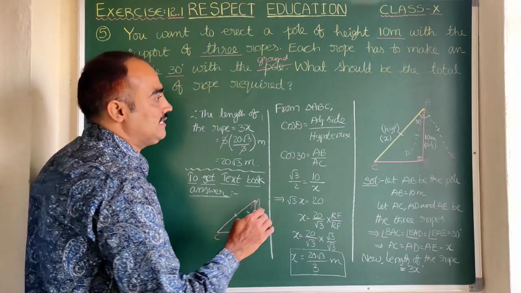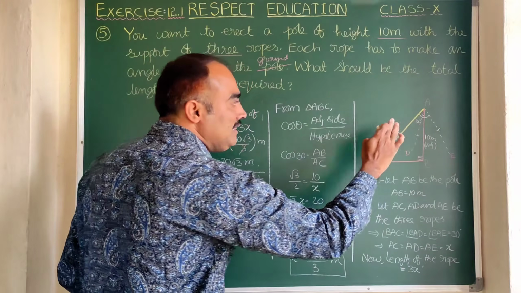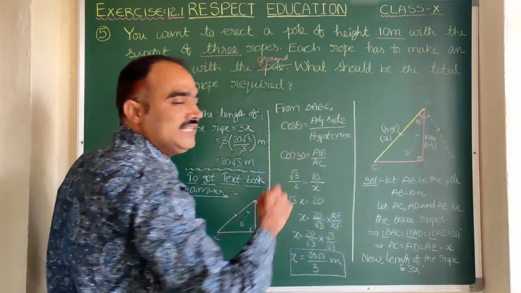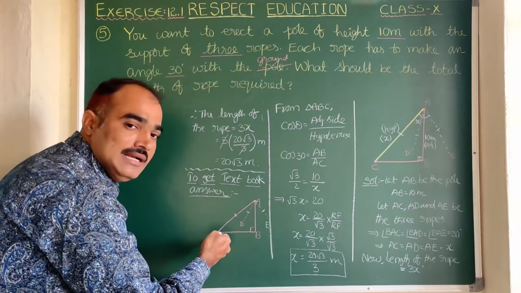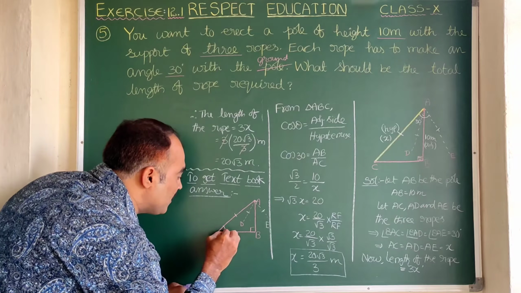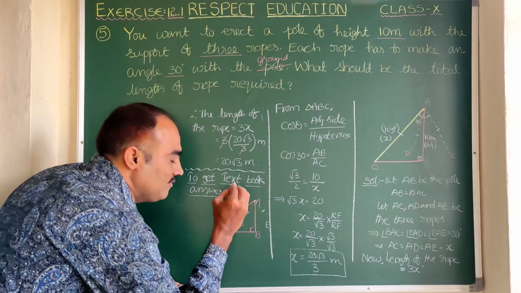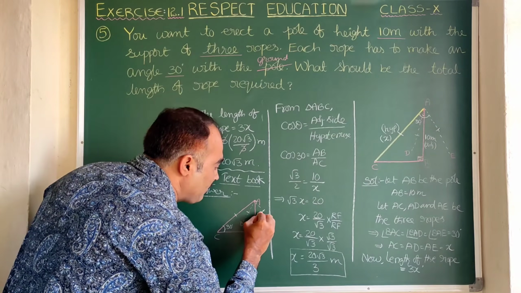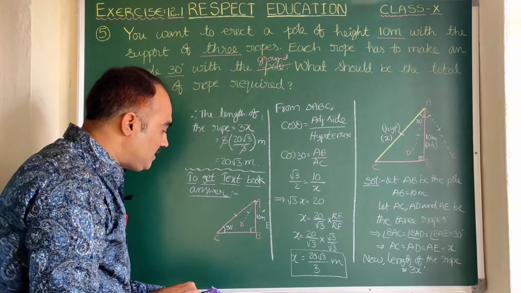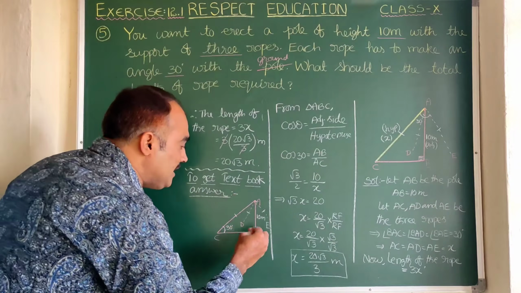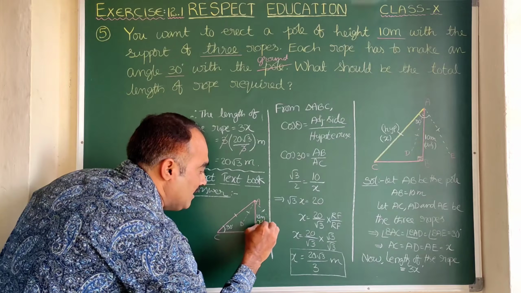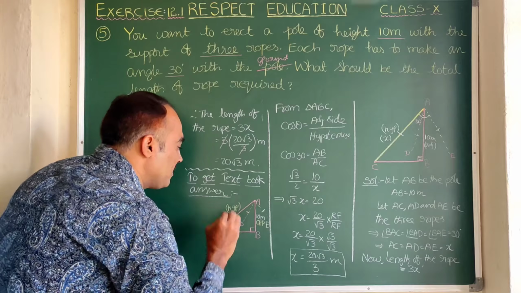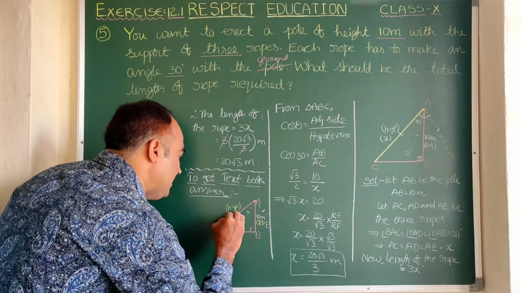Now here the change is that earlier we have taken the rope makes 30 degrees with the pole. Now we changed the question so that the rope makes 30 degrees with the ground. So let us write 30 degrees here. And 10 meter is the height of the pole. Let us maintain the same 10 meter. Clear? Now with respect to 30 degrees, what is AB now? This is the opposite side. Required value is AC, that is hypotenuse. So let us take it as some x meters.